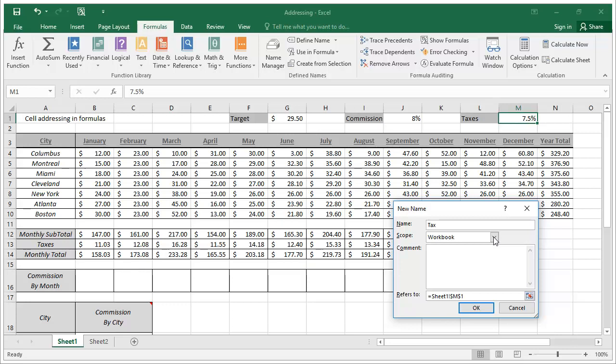As you can see, you can have that name apply or be used anywhere in the entire workbook or individual spreadsheets. You can add comments to explain why you are using this name or other information pertaining to the cell or range of cells that you are naming, as well as what the name refers to, be it an individual cell or a range of cells. Once you have added all of the information to the New Name window, you can simply tap OK